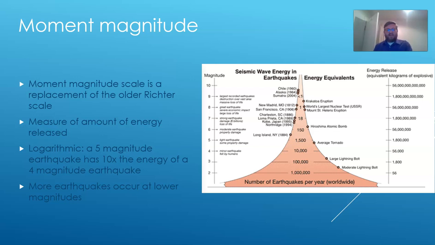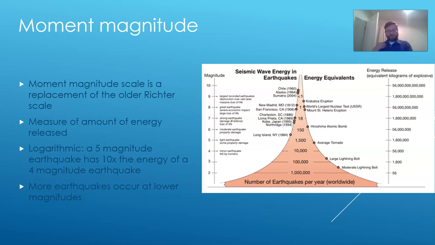And what the moment magnitude scale does is it measures the amount of energy being released. So when you get an earthquake, when these plates move, you're releasing a huge amount of energy. And that's why earthquakes cause as much destruction and change of the Earth's surface as they do. You're releasing this huge amount of energy all at once. And so the moment magnitude is a number between 1 and 10 that tells you how much energy is being